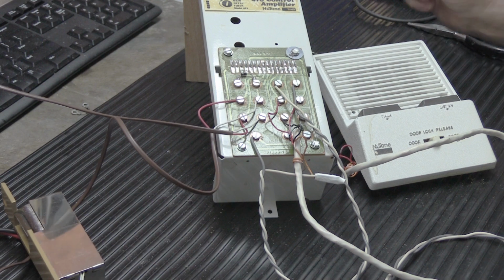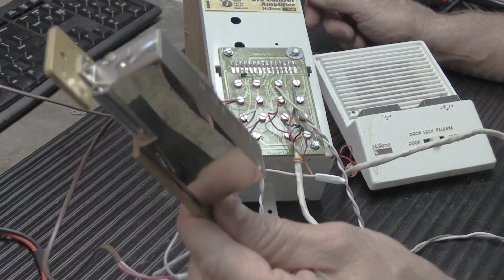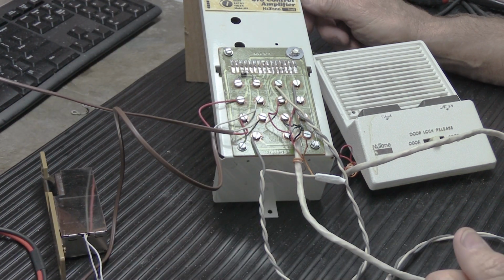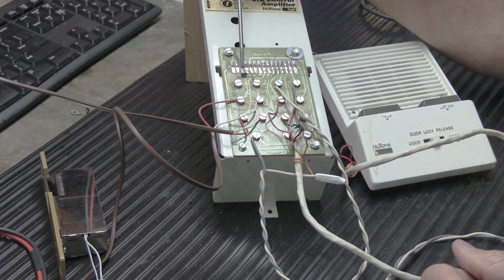That's the sound that almost everybody expects to hear when being, quote, buzzed into a building. It's the rattly sound of the mechanism inside the door release. That is technically wrong. If you look here on our 478 control amplifier, there are actually 2 sets of terminals